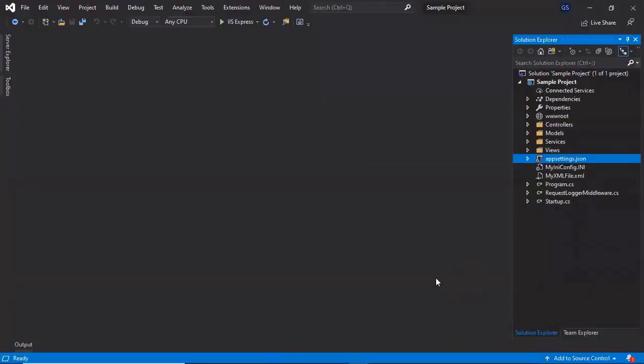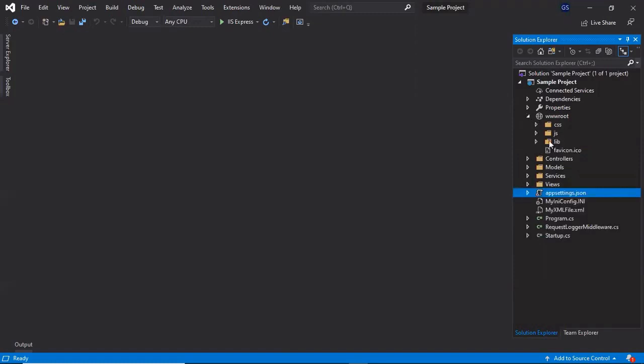We are in the project which we have created for this video tutorial series. As we discussed, static files are placed inside the wwwroot folder. If you expand this, these are the static files which are created by default with our MVC application. Let us now take a simple example in which we will understand how to access or serve those files for our application. Suppose you want to access a simple HTML file from this wwwroot folder. First we need to add an index.html file inside it, and then we'll access the file.